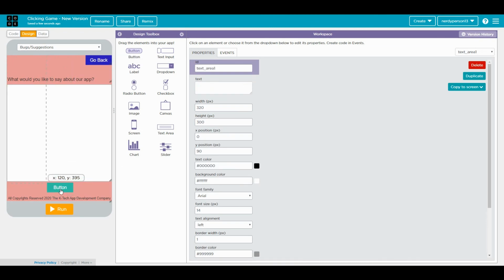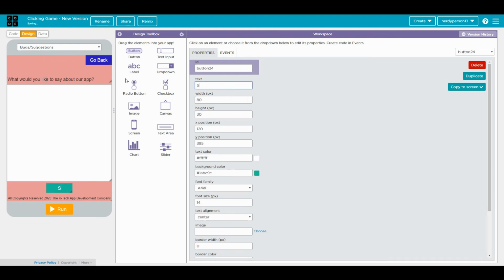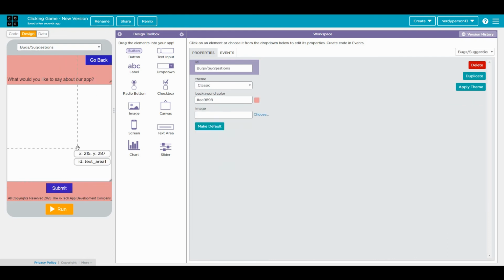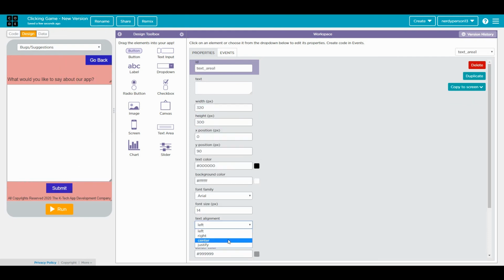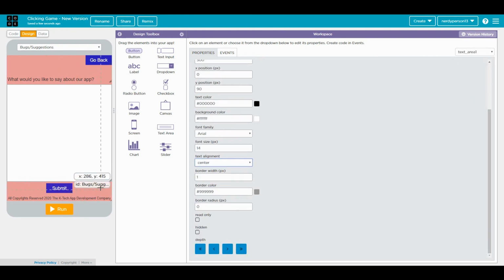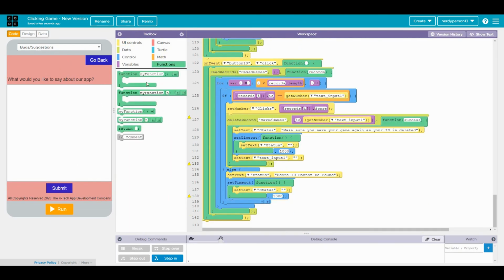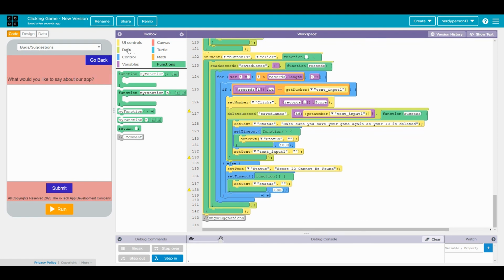And then we can go ahead and put submit. And they can enter what they would like. Not put a read only on there, but after that, we can go ahead and put a bugs suggestions